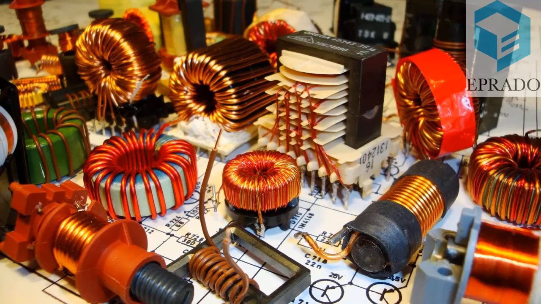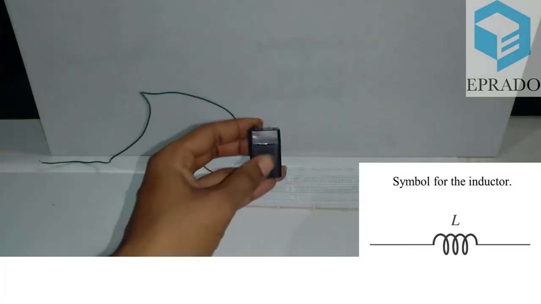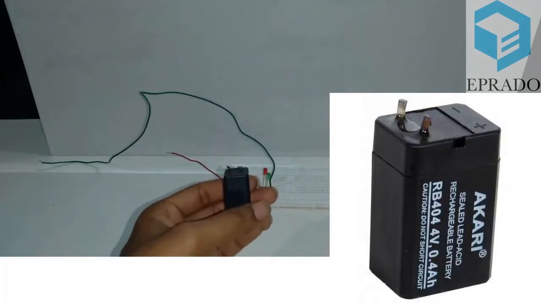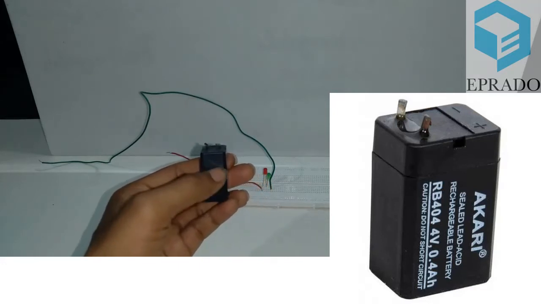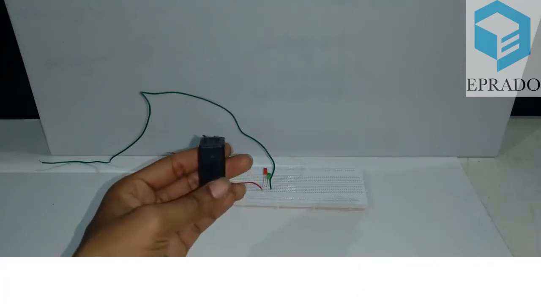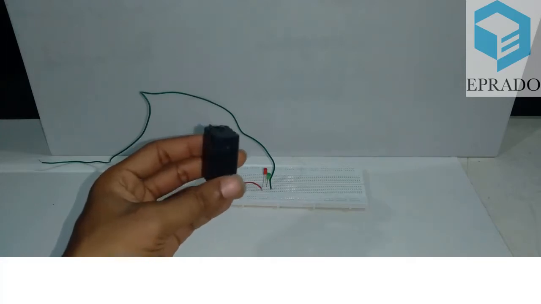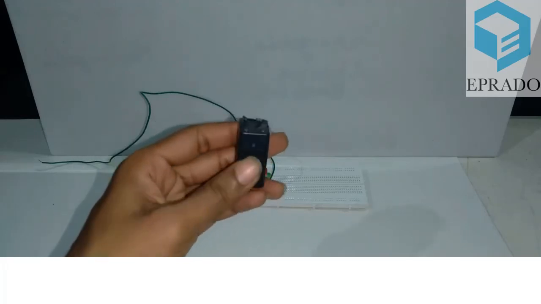Hello students, in the last session we learnt about inductors. In that session we had a diagram explaining a battery giving out electrons and the direction of current flow. So one of your friends has asked me a doubt. What is the difference between the flow of electrons and the flow of current?